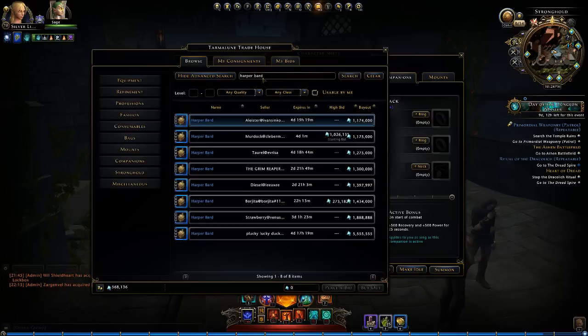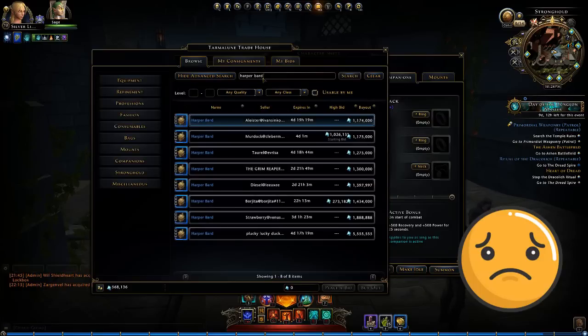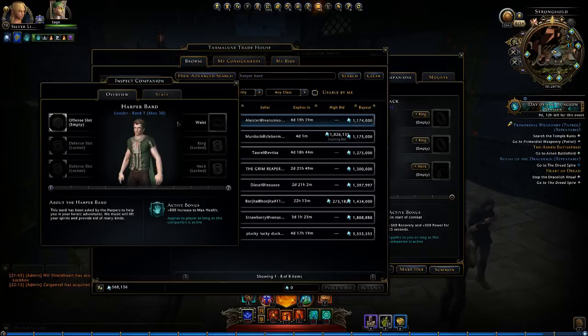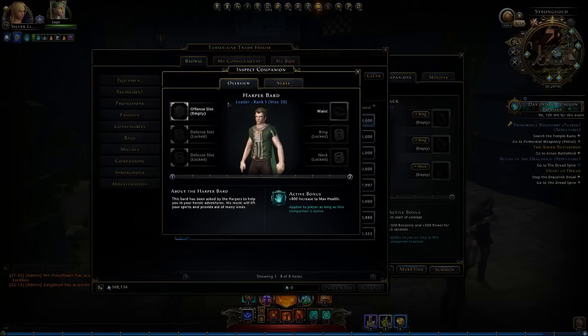1.2 mil, roughly. That's a lot of money for a blue companion that you'll have to upgrade to purple eventually. I don't know. It has 2 defense slots too, which kinda sucks for bondings. Yeah, bonded power isn't shared, so it doesn't matter a whole lot, but for someone like me who stacks crit